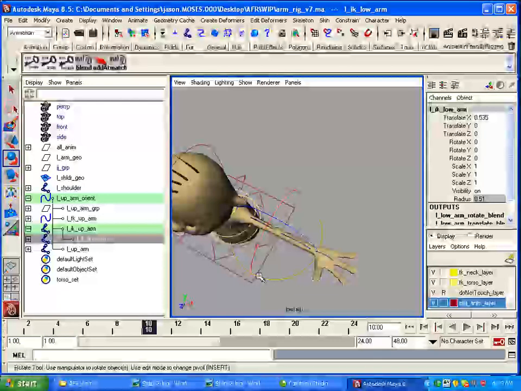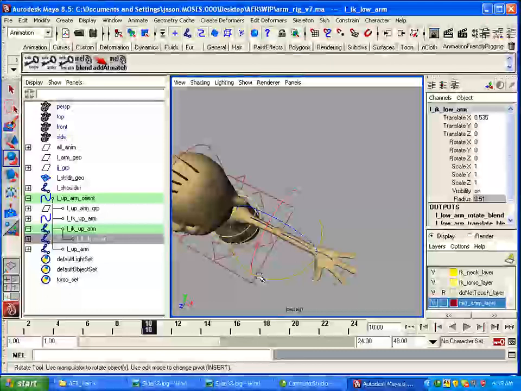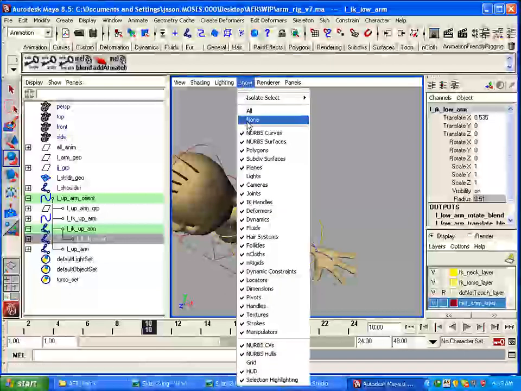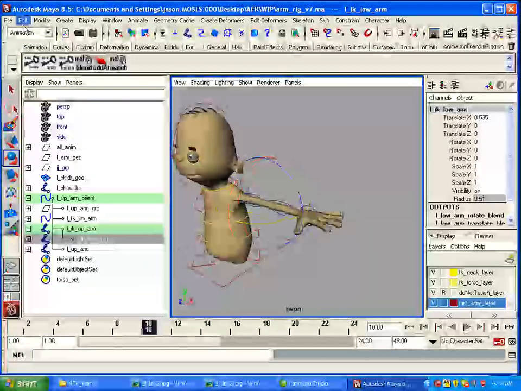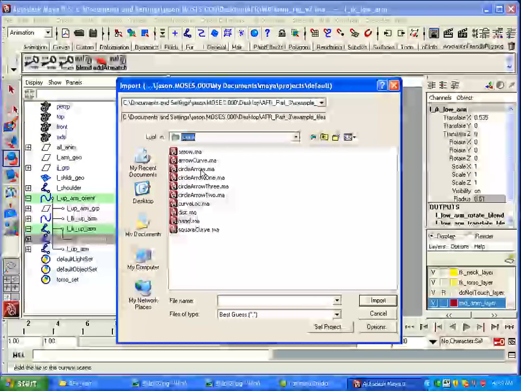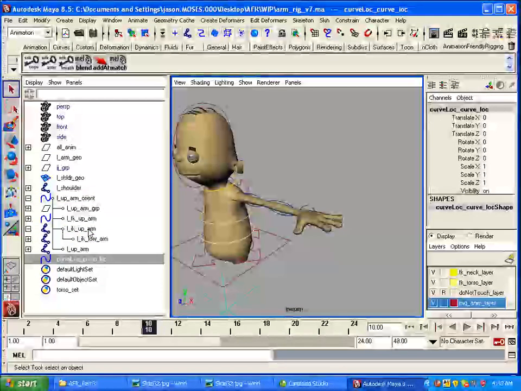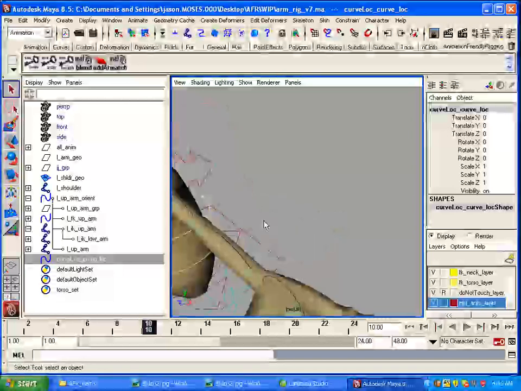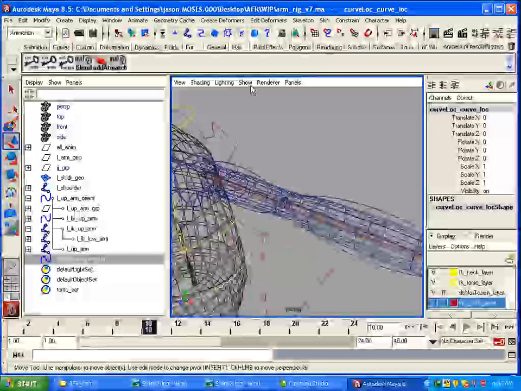So instead of making the elbow control for our IK system a locator, we'll bring in an actual NURBS curve. And by doing this, we'll make it easier for the animator to turn on and off their animation controls by going show NURBS curves, and then everything's gone. So show NURBS curves, turn them back on, and choose File, Import, and we'll go to the icons, and we're going to look for curve loc. So it'll make a locator that looks like a curve, or a curve that looks like a locator. And there it is, curve loc right there. So let's go ahead and position it so it is in the same place as the elbow. So we'll just put on Move Tool, go Show, NURBS